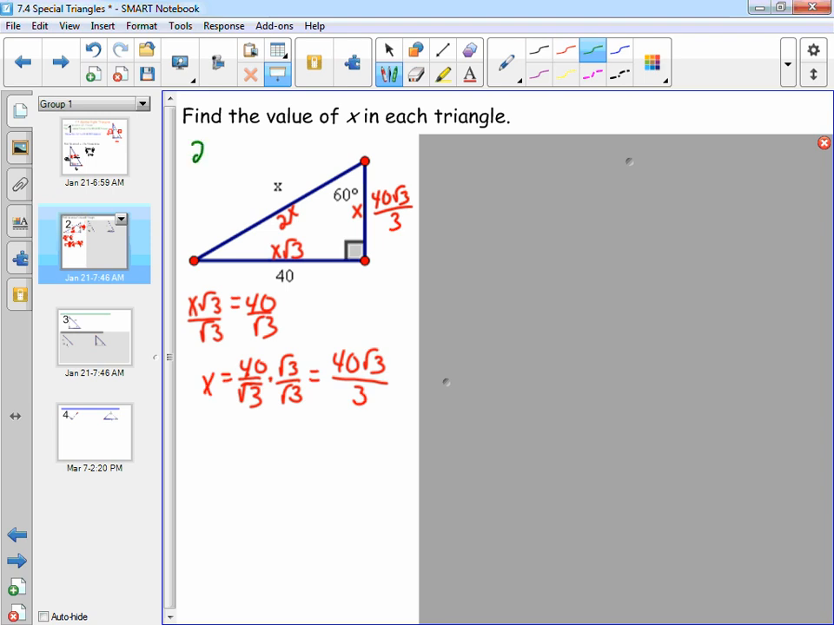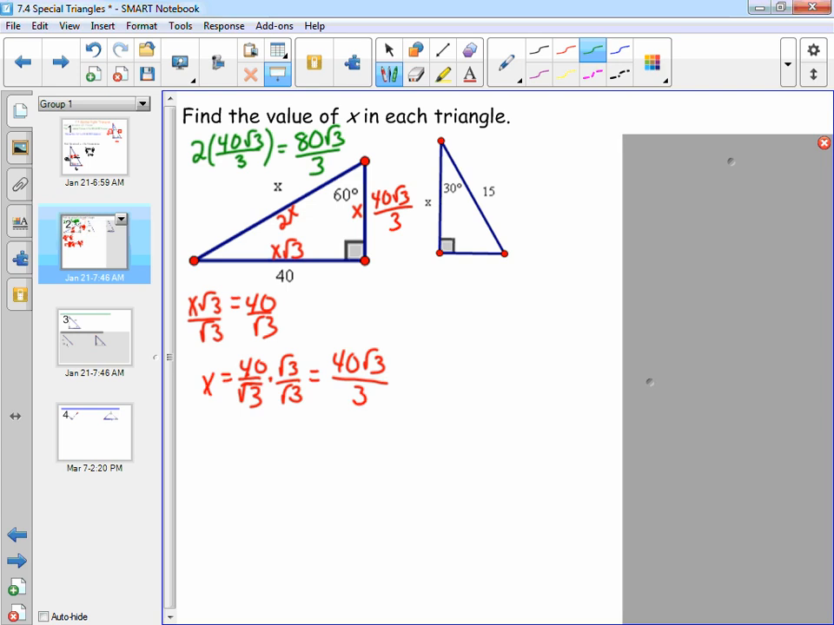So this side is 2 times 40 root 3 over 3, which looks complicated, but really 2 times 40 is 80. So this becomes 80 root 3 over 3. 80 over 3 does not reduce, so that would be our solution. When we look at the next one,